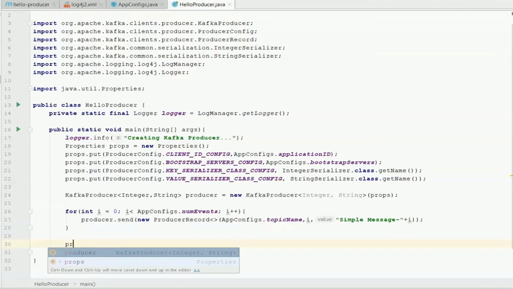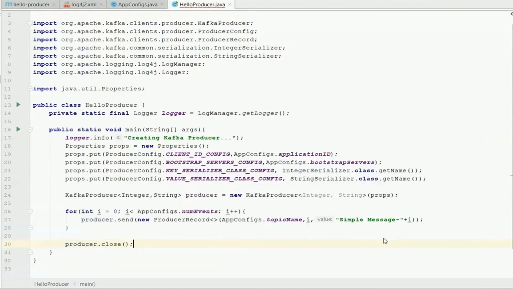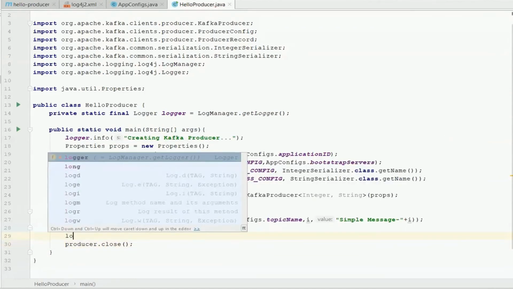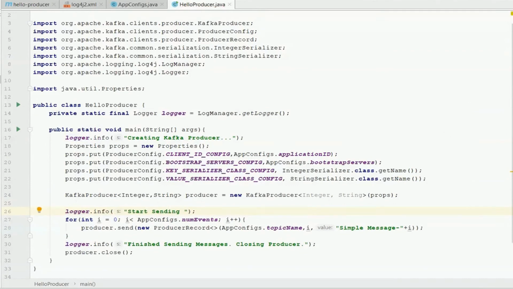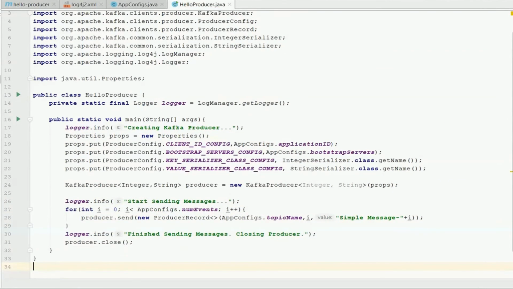The last and the final step is to close the producer instance. The producer functionality is a little involved and it does a lot of things internally. We'll cover producer internals as we progress with this course. However, it is essential to understand that the producer consists of some buffer space and a background IO thread. If you do not close the producer after sending all the required messages, you will leak the resources created by the producer. That's all. Let me quickly summarize.